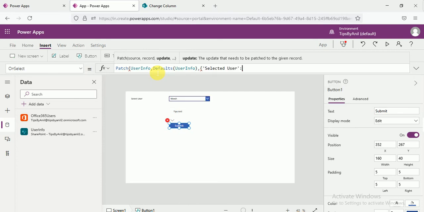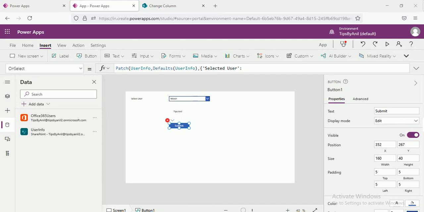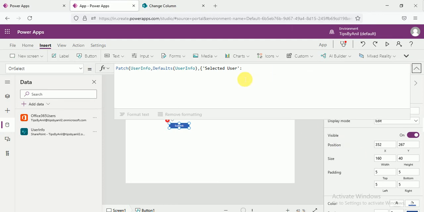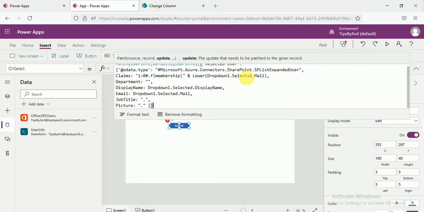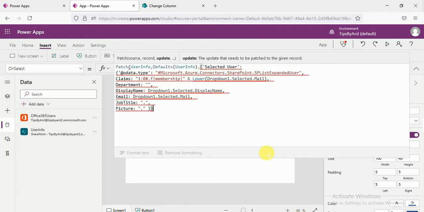Selected user. The selected user I will just copy and paste and make you understand. So for the selected user, here we are passing the data type.